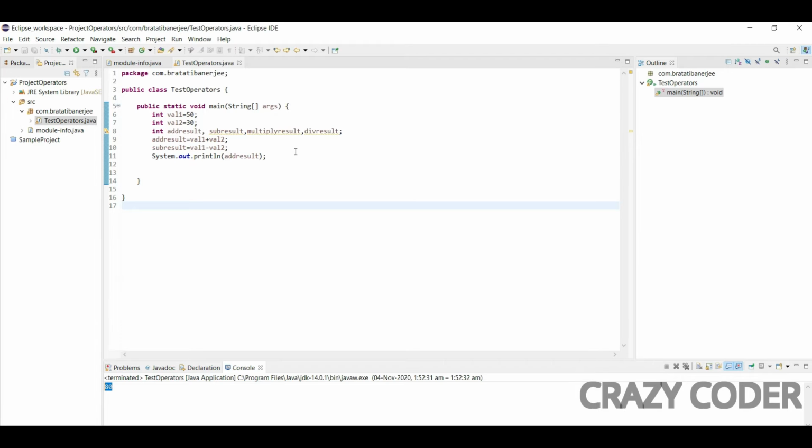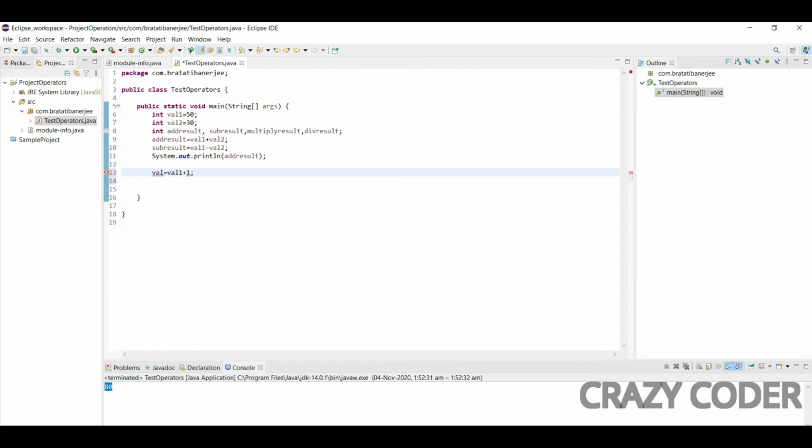Now, what is a unary operator? For example, if I want to increment the value of val1 or val2 by 1, how to do that? I can write val1 equals val1 plus 1.